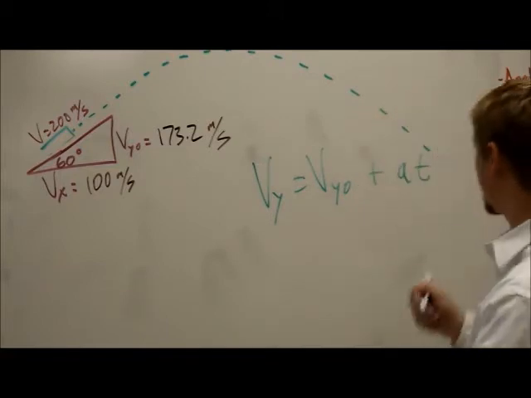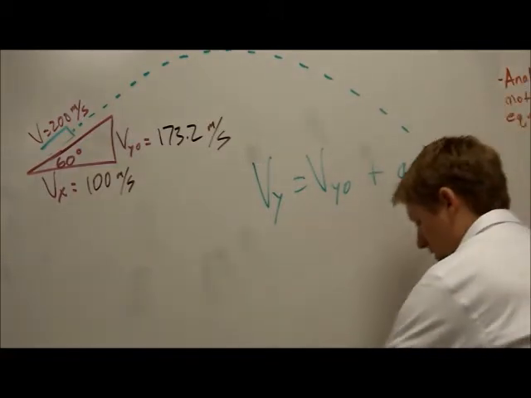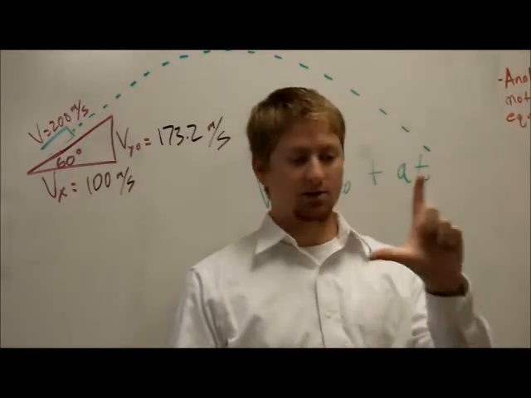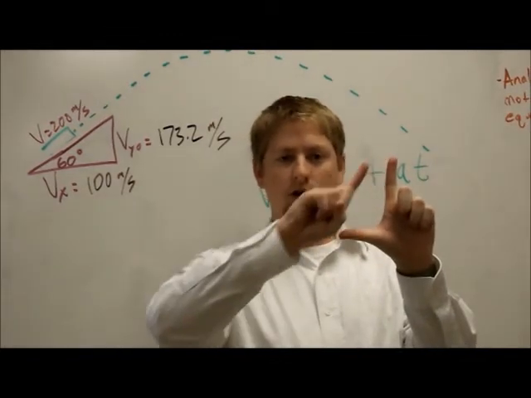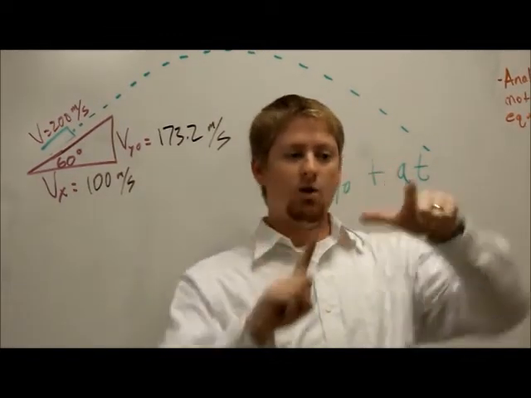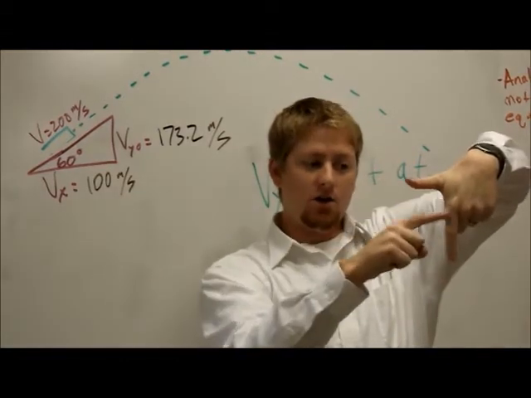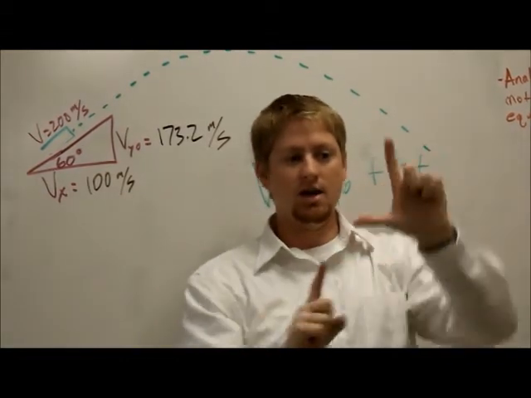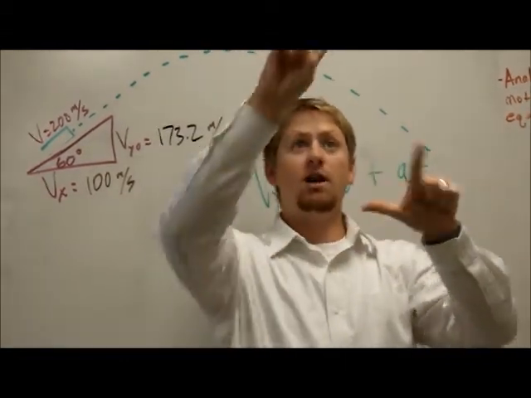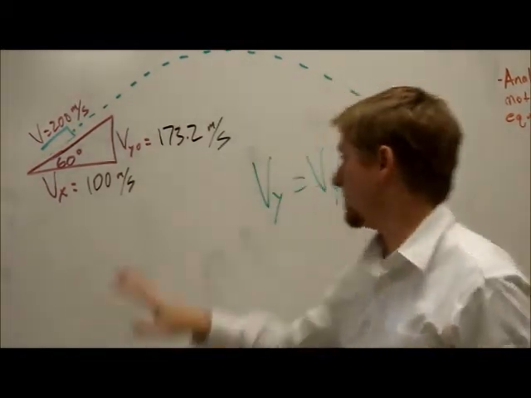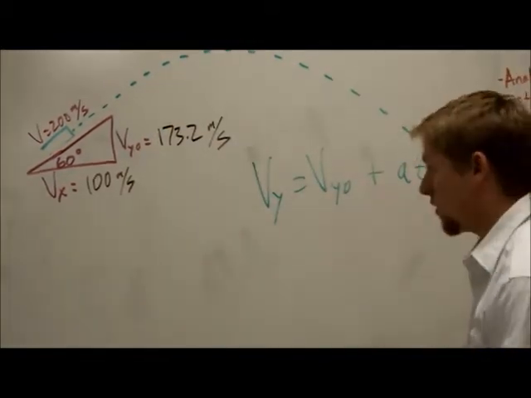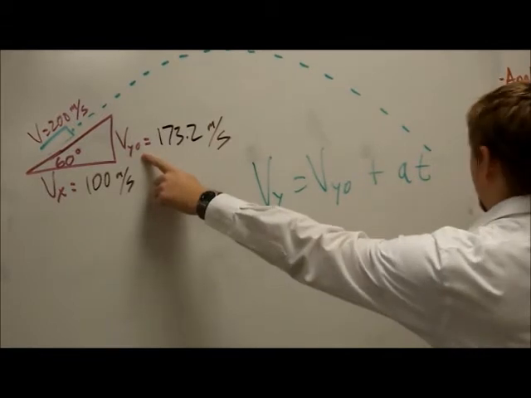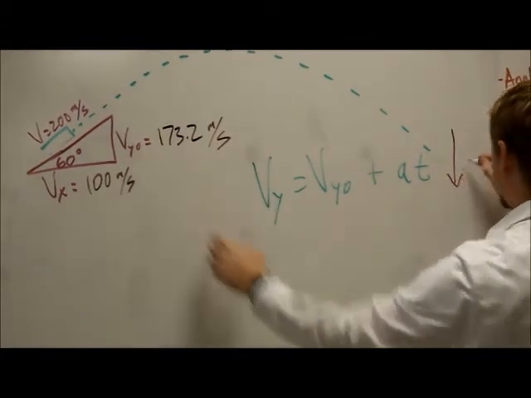It'll look something like this over here. Our triangle, if our triangle is like this here, where this is our actual velocity going up, we flip it up like this and it's going to go down. Notice how this and this haven't changed. It's just going up, and then it comes down and hits down like this. So, as it goes up, it's going to come down here. So our vertical velocity is now going this direction, so it's going to be negative